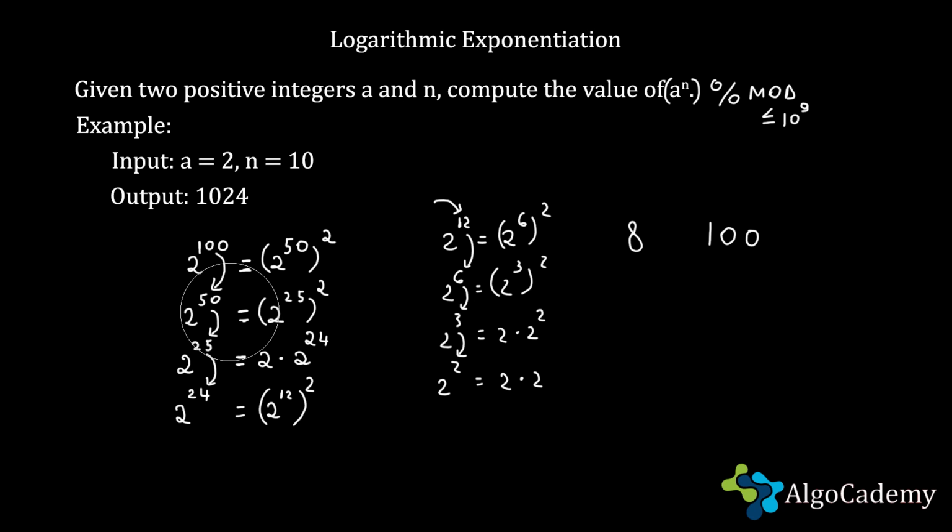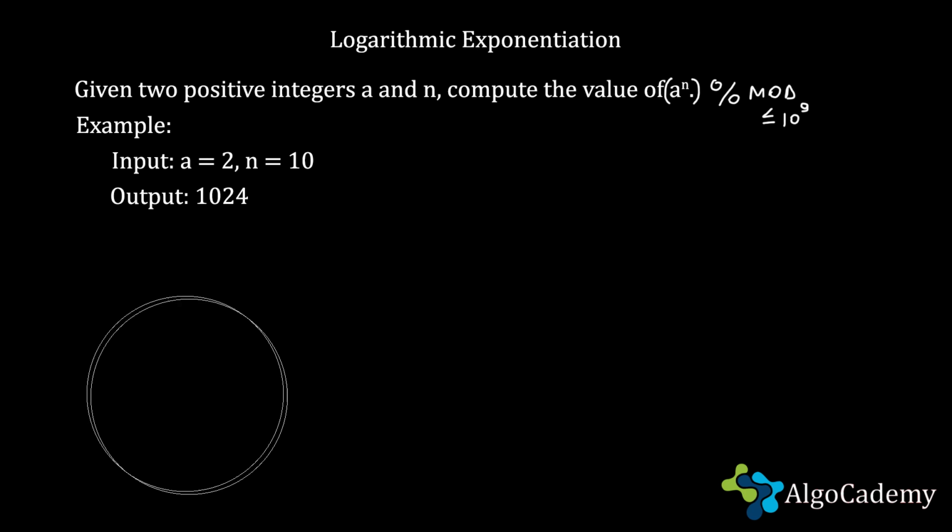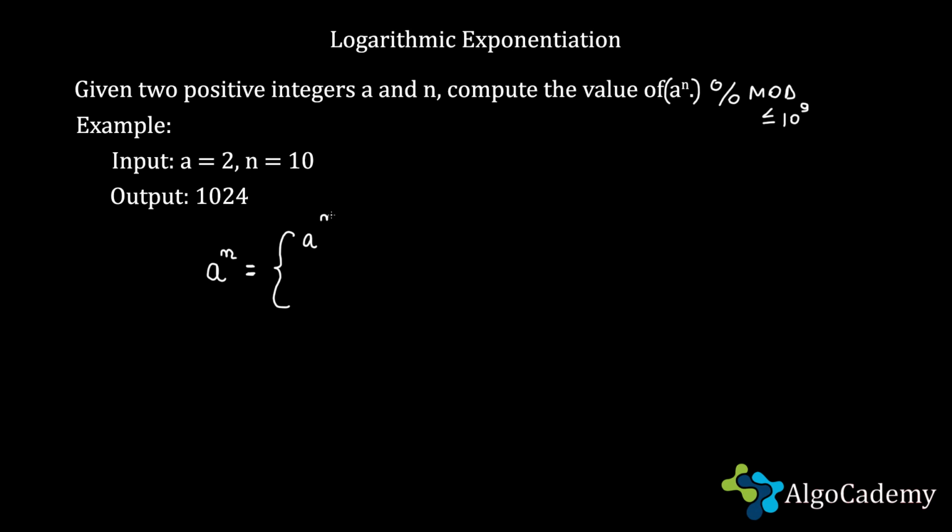So, on a more general note, I think we've seen a lot of particular examples, a to the power of n can be written in one of two possible ways. The first way is a to the power of n divided by 2, everything to the power of 2. Obviously, this is possible only if n is even. So if n is even,